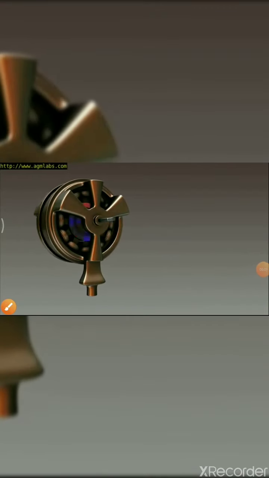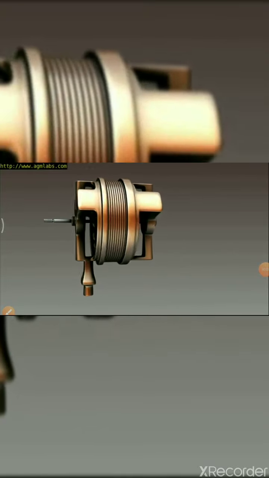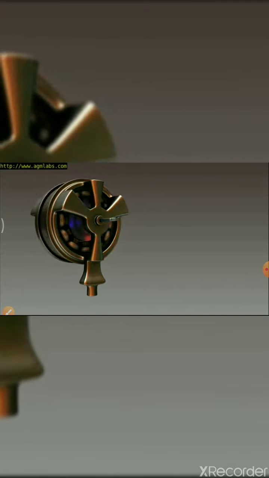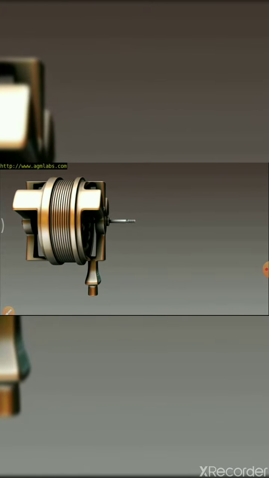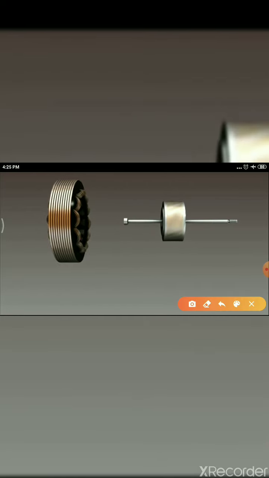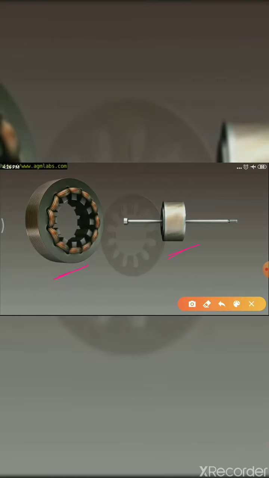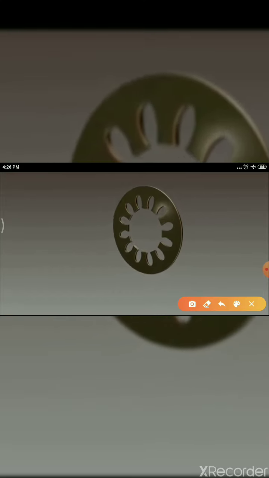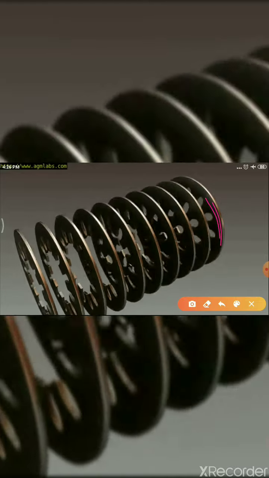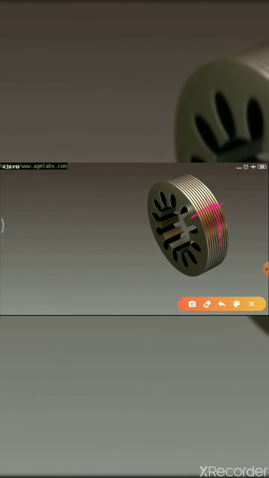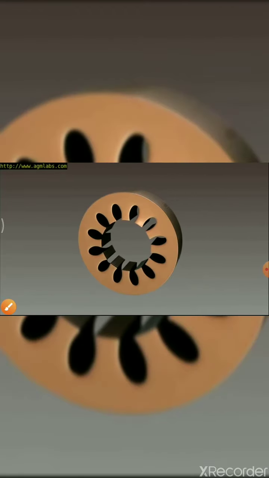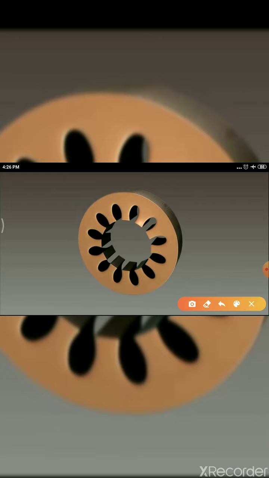Let's see the construction of the three-phase induction motor by this animated video. Observe in this, when the supply is given to the stator. As we have discussed, the induction motor consists of two main parts, one is a stator, another one is a rotor. Let's see what a stator is. The stator is made of thin plates of silicon steel laminated together to form a core. It is like a hollow core, and then the winding will be placed on this.